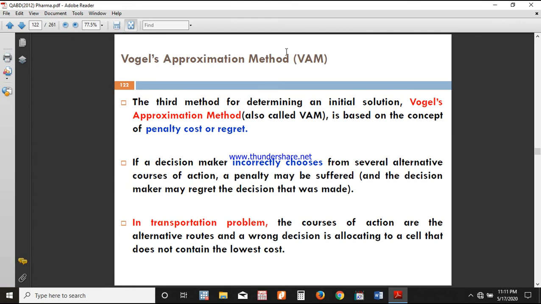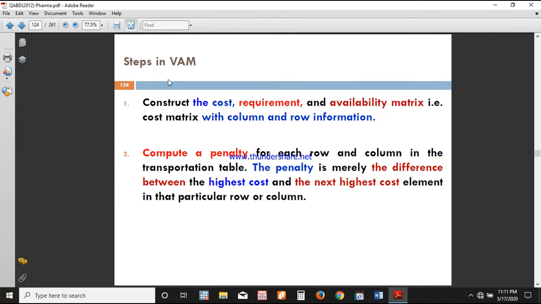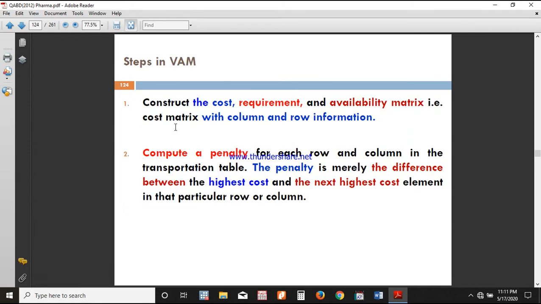And the other one is the VAM approach, the Vogel's approximation method, which is the third method for determining an initial feasible solution. Therefore, here we should consider the penalty cost or regret to find the total cost. There are basic 5 steps that you should bear in mind in finding the total cost through the VAM approach. First, you construct the cost, requirement, and availability matrix. That is the cost matrix with column and row